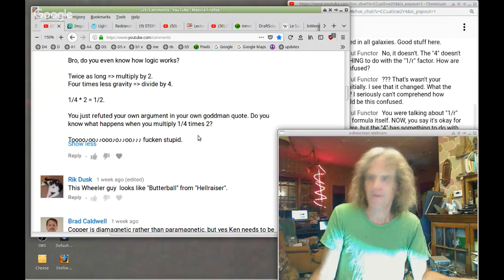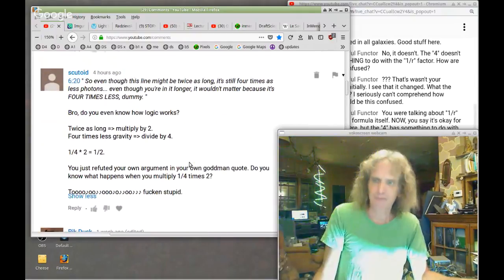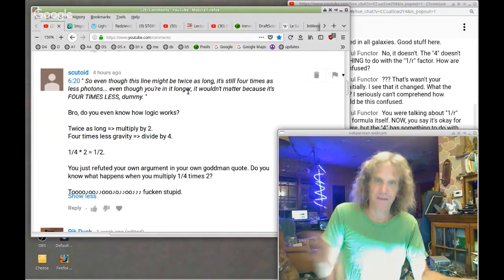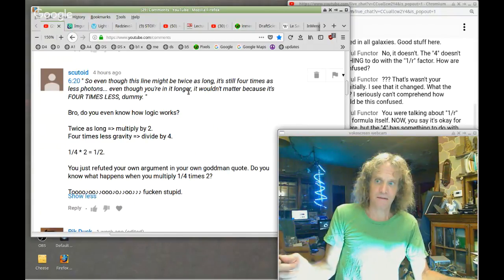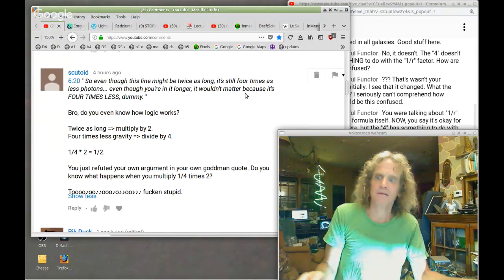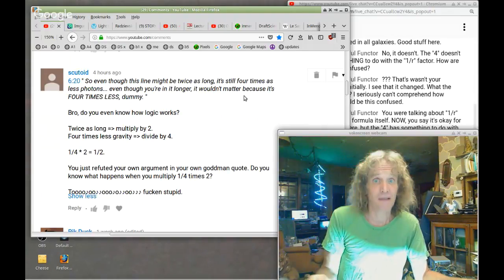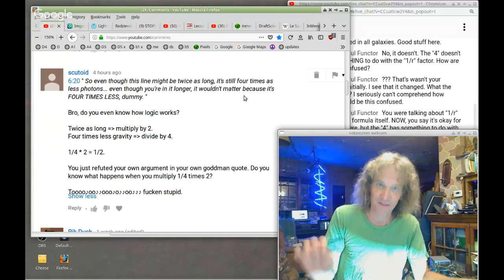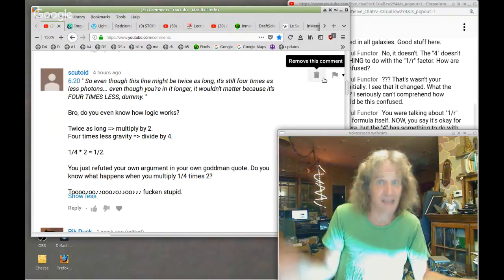So again, I've demonstrated, I mean, just a totally meaningless comment. It refutes absolutely nothing. It doesn't refute the fact that there's half as much gravity affecting an object that's twice as far away by their own mathematics. And again, by their own mathematics, this deflection number is for the surface of the sun. By the way, the surface of the sun only has 8 times more gravity than the surface of the Earth. Just a little fact you should be aware of. The sun isn't very dense.